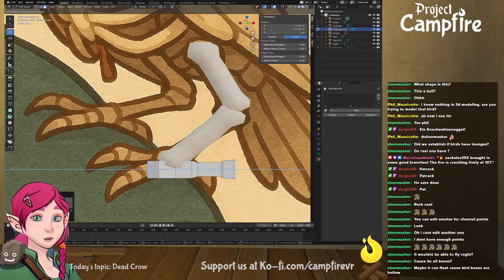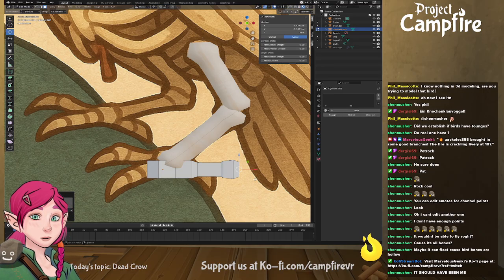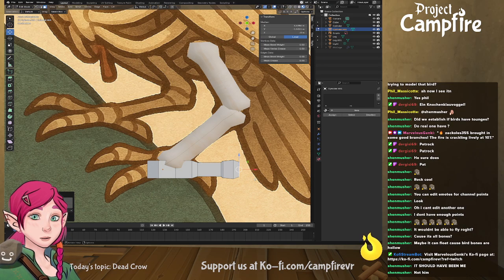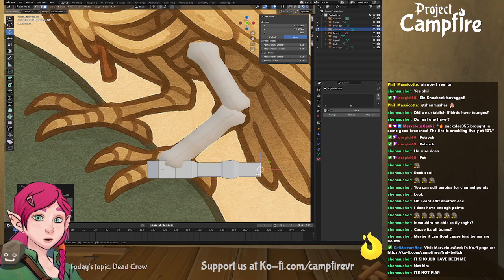Grow it a bit more. Shrink you, and then we get to the claw. So now we go to the claw part,